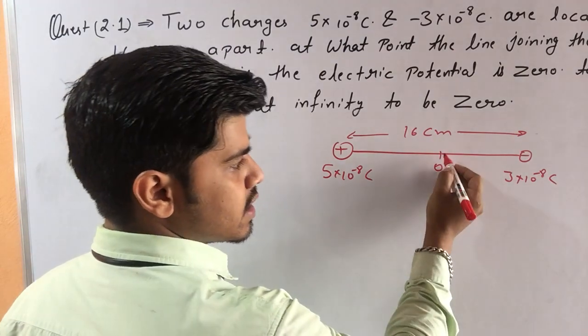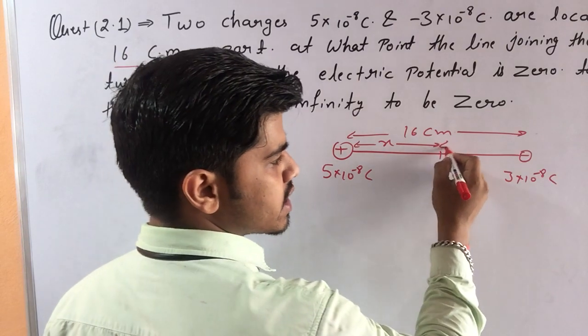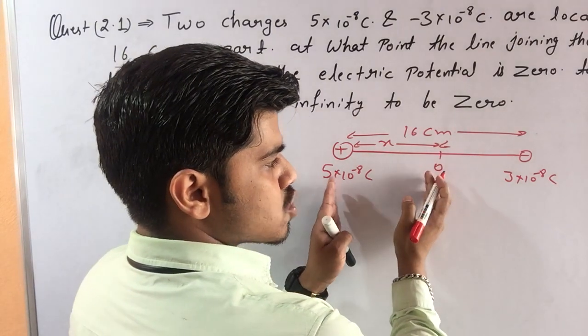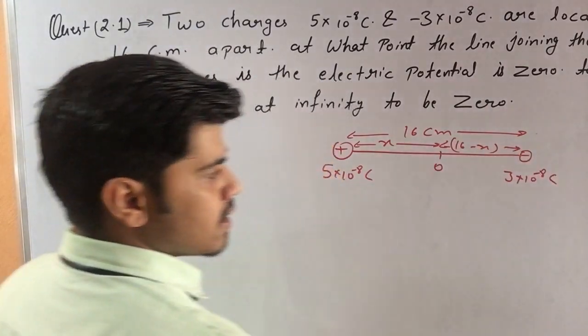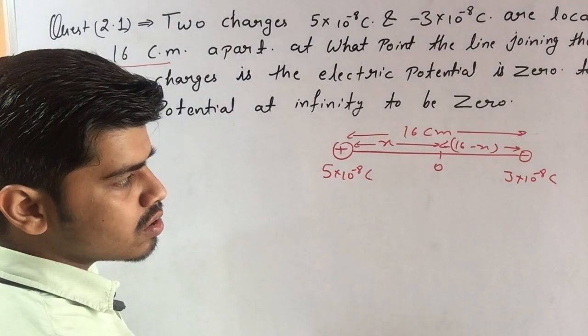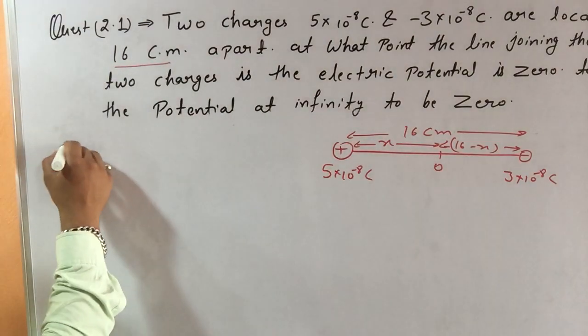Let us consider a point which is at x distance from the positive charge, and hence this is x, so this is 16 minus x. As the potential at point O is 0, it means